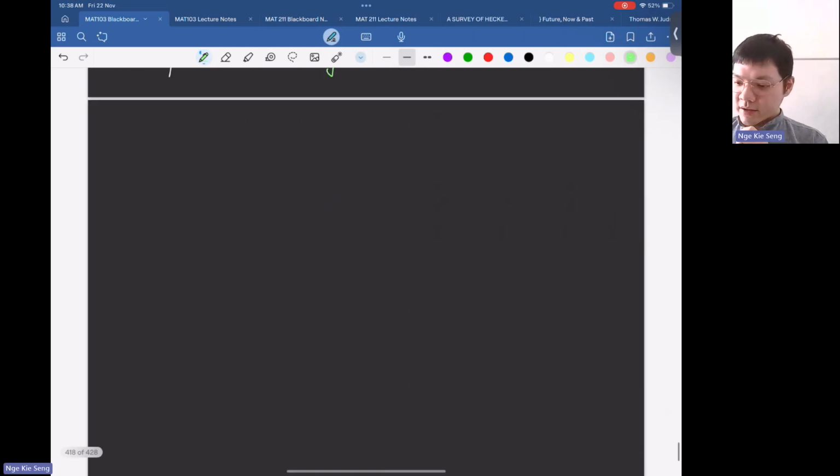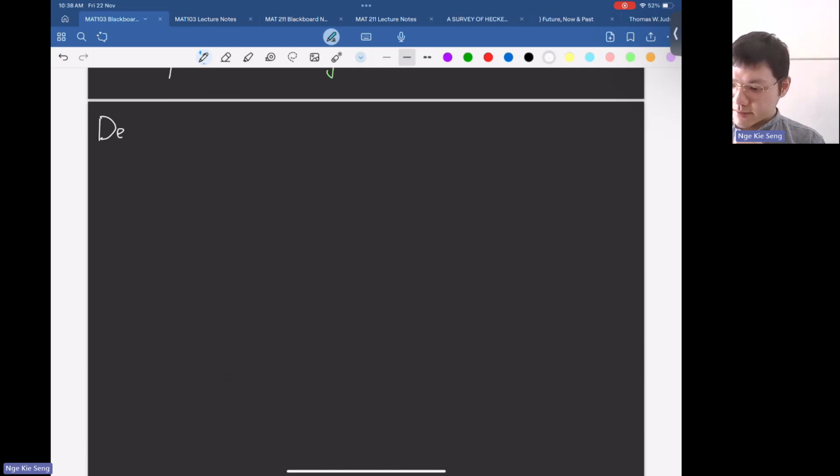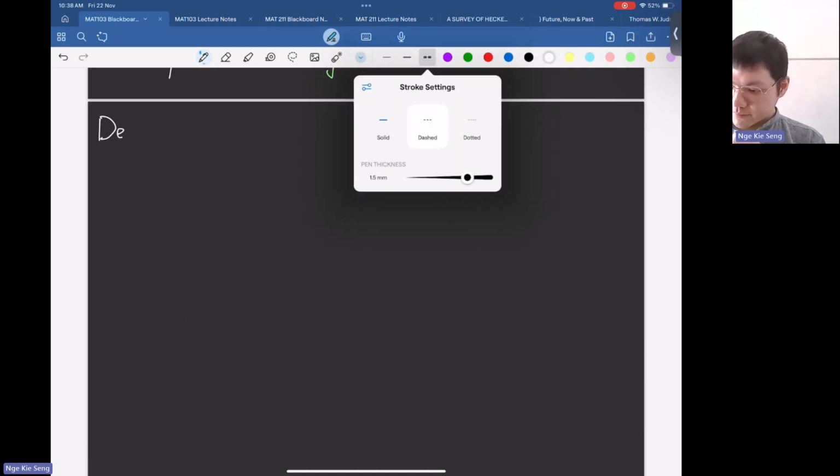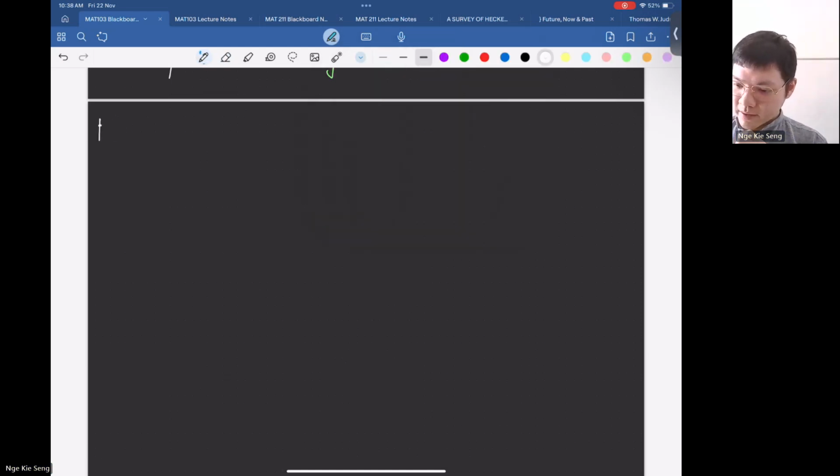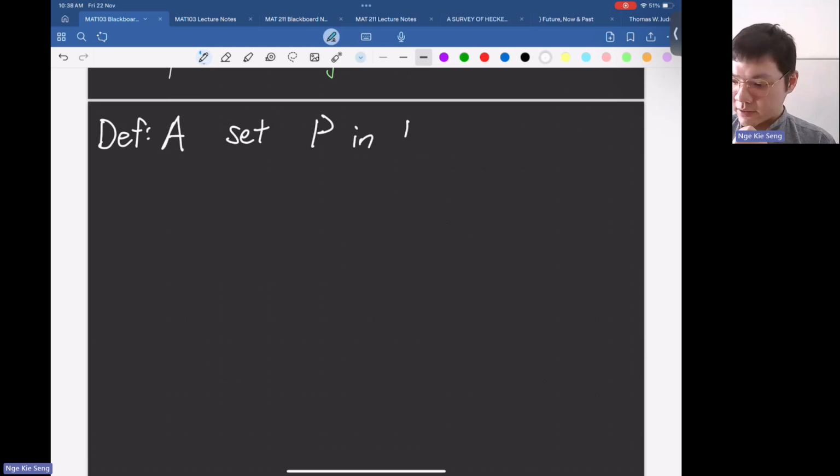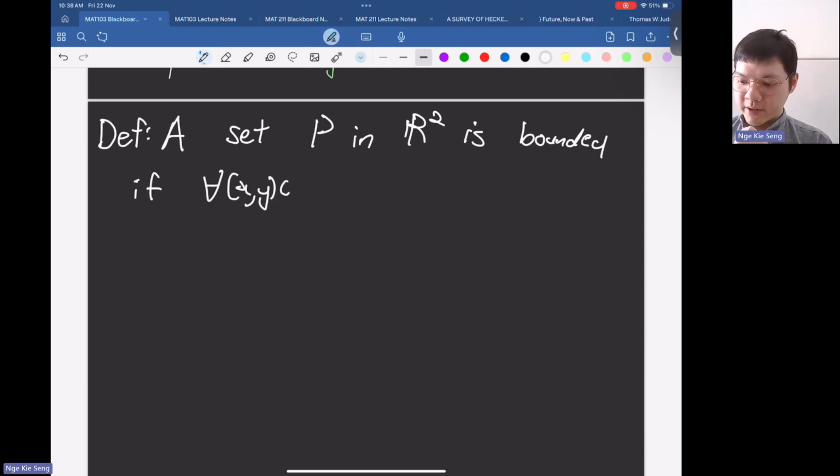Okay, now let me give you an equivalence for the boundedness definition. There is one more terminology we need to define, which is boundedness. A set P in R2 is bounded if for every (x, y) in P,